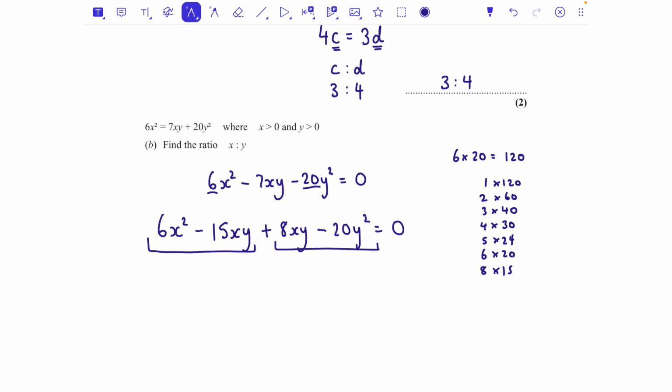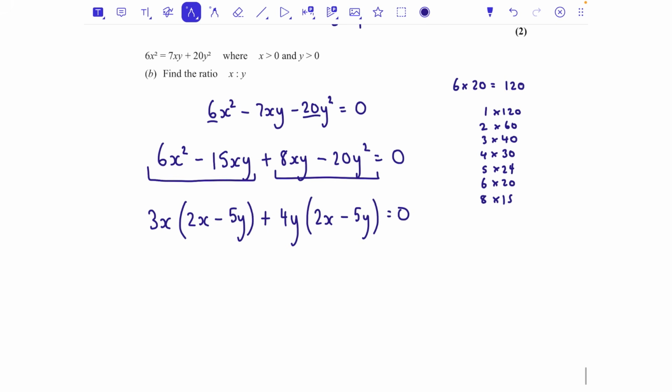So these are both in the 3 times table and x. So I'm going to take 3x outside, and that would be 2x minus 5y. Add, and with these two, I've got 4y in common. And again, that leaves 2x minus 5y. So I can therefore say I've got 3x add 4y, lots of